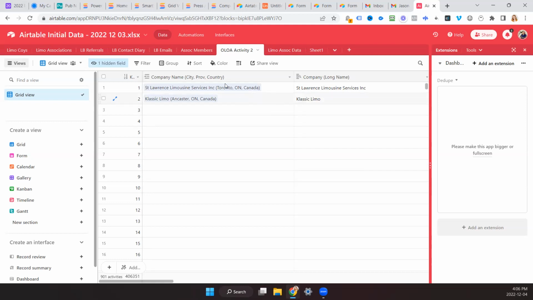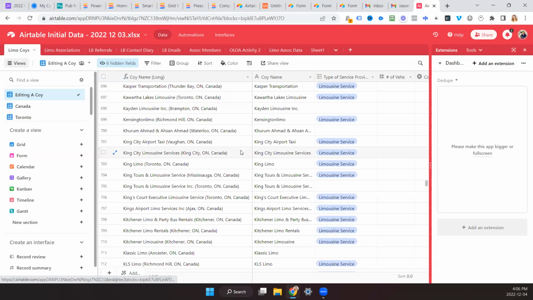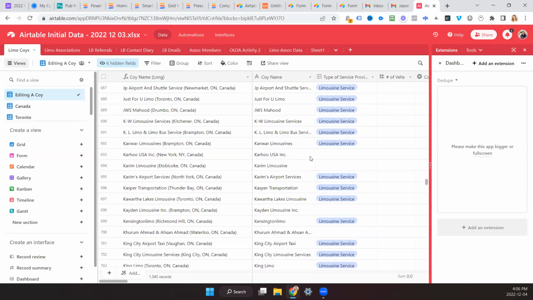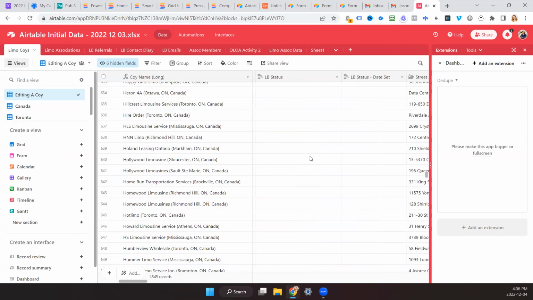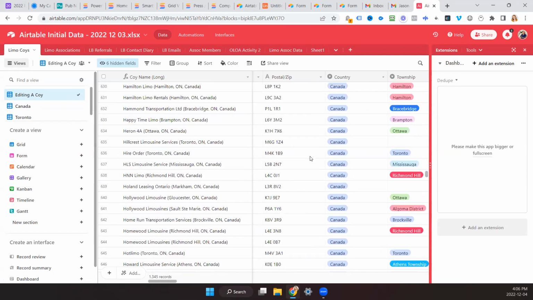So essentially we need more information than this. We need street, province, and postal code. All that data is sitting in limo companies, but it's also here, right? No. Where are you? Oh, you're in limo companies there.